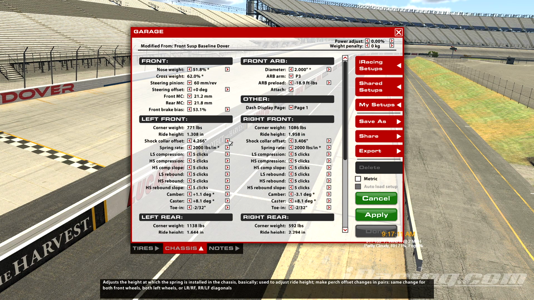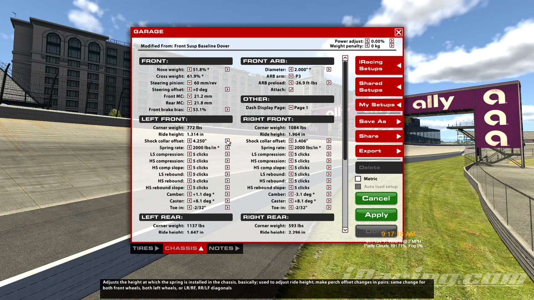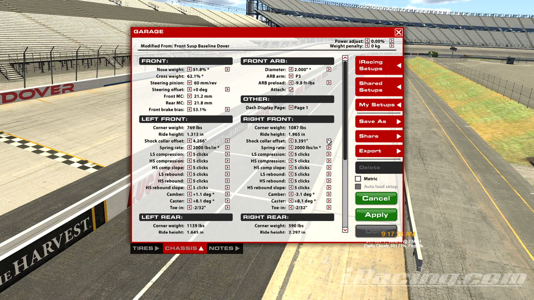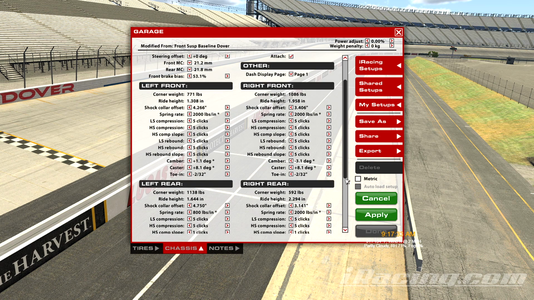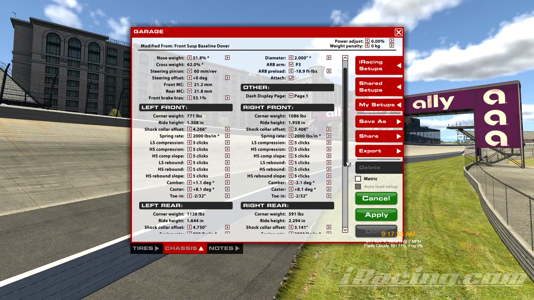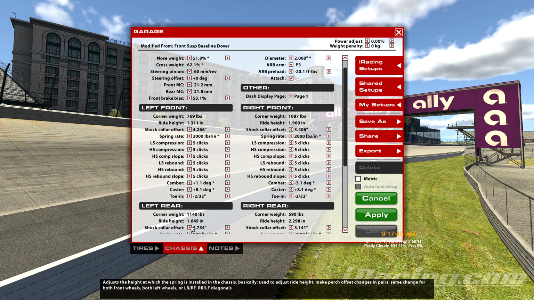Or left, if we raise the left side ride height, it lowers the crossweight. And conversely, if we raise the right side, it increases the crossweight. And so on. Same thing's going to go for the rear as a general rule. We can get it to where we're going to see the change happen. So if we raise the left rear ride height slightly, we add